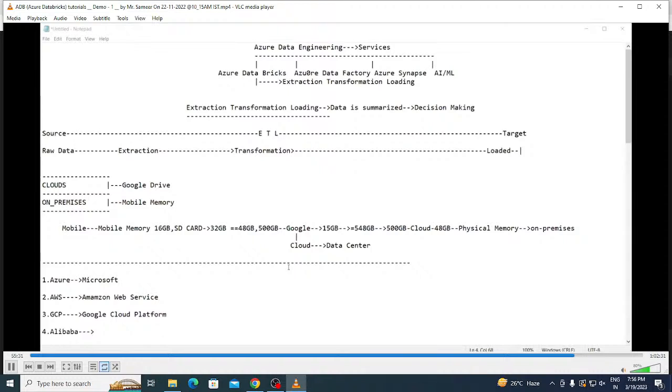Okay. 60 hours. Azure Data Factory. Is it required to learn both Azure Data Factory and Azure Databricks for industries? See guys, there is no connection between Azure Data Factory and Databricks. If you learn it, that is up to you. If you don't learn it, then also no problem. You can get the job individually on Azure Databricks as well as on Data Factory. These are two different services.